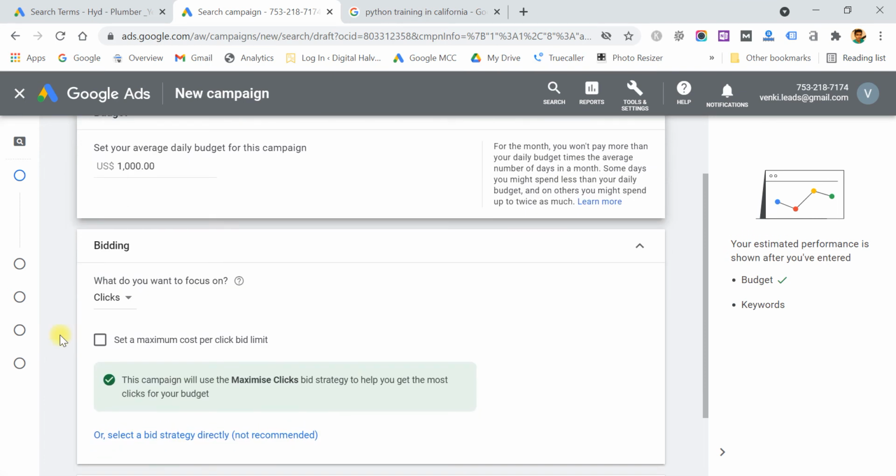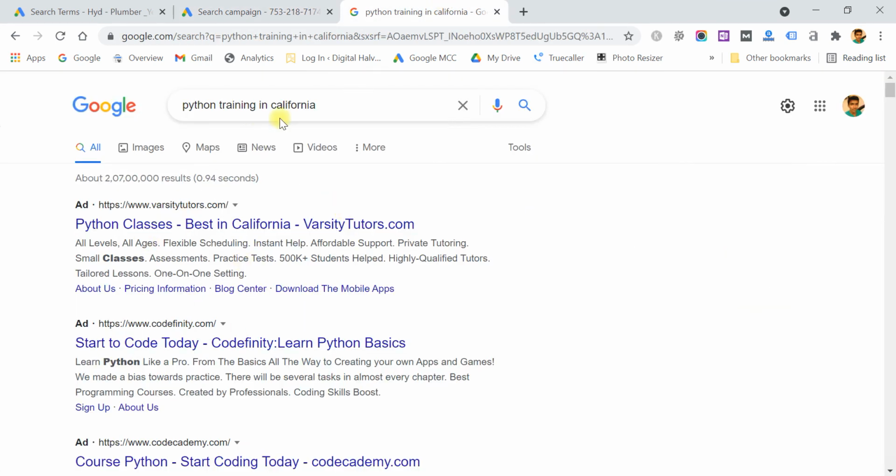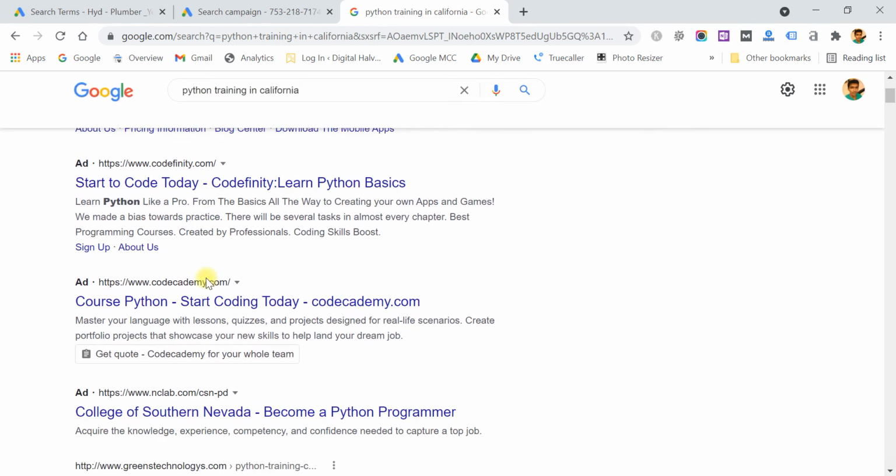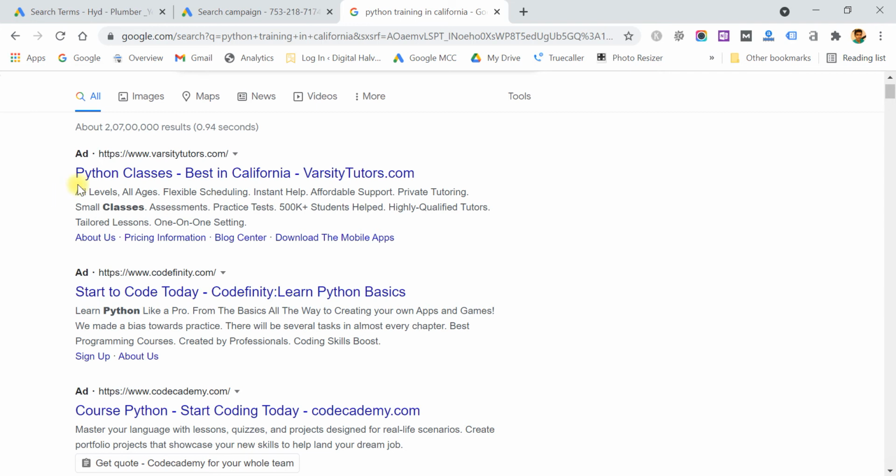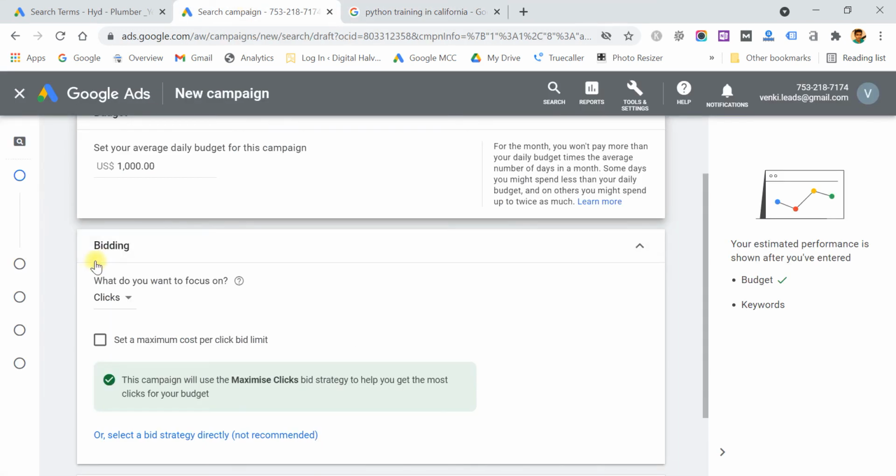How much do you want to pay per click? Right now I opened one ad, Python training in California. I am seeing all ads but not clicking anywhere, so it doesn't cost those people. If I click on any particular ad, then only it will cost them some pennies. They might give some limit to Google, like if anyone clicks on my ad, cut $1 or 50 cents or $2, like that.